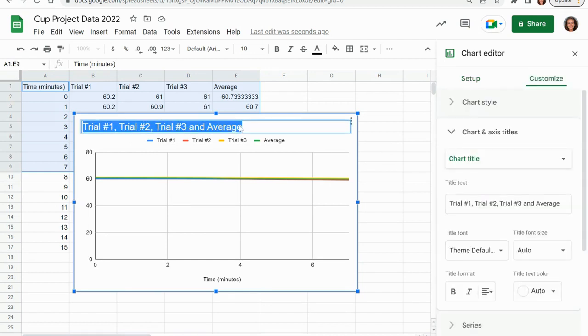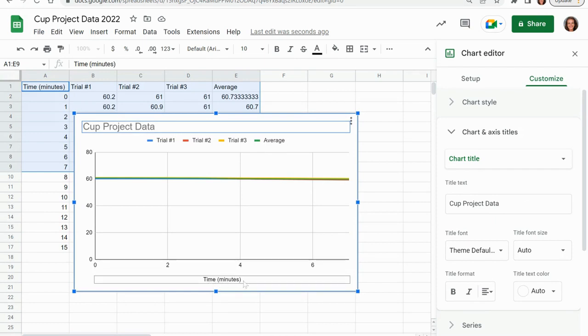The first thing that we're going to do is change the title. So we're going to say Cup Project Data. Oops, that extra E there. Okay, so now that I have the title correct, Cup Project Data, down here at the bottom it says time in minutes,